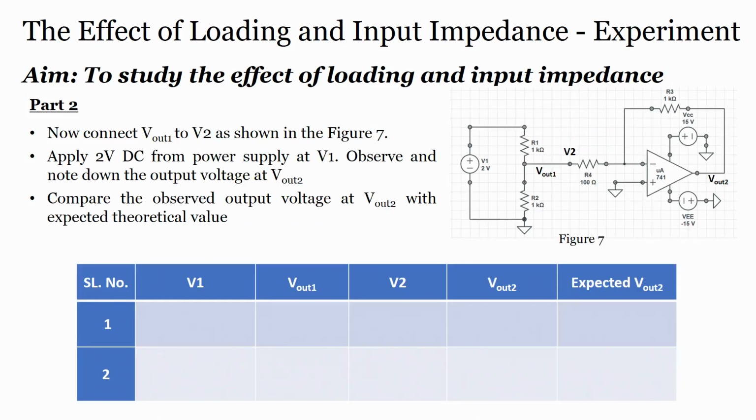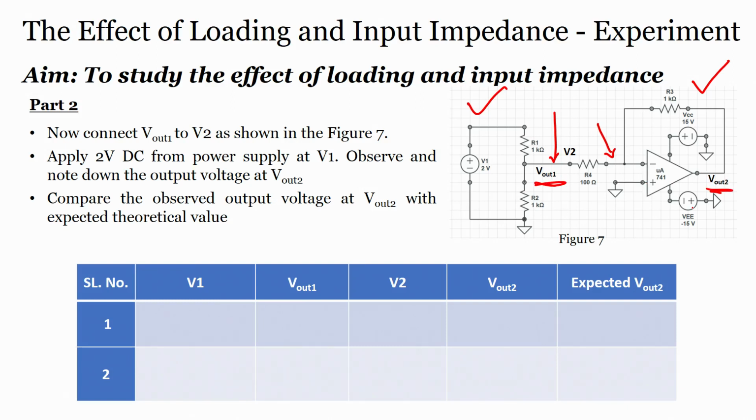So, this is the circuit. We now have the potential divider, which is this circuit, and the inverting amplifier, which is this circuit, and we have to integrate them. That means the output of the potential divider is the input to the inverting amplifier. To understand this, we first have to understand what V out 1 and V out 2 are when we connect it in this fashion.